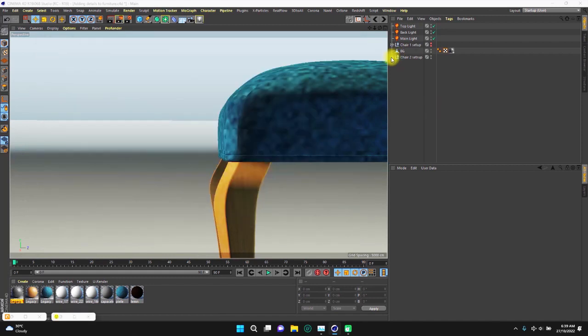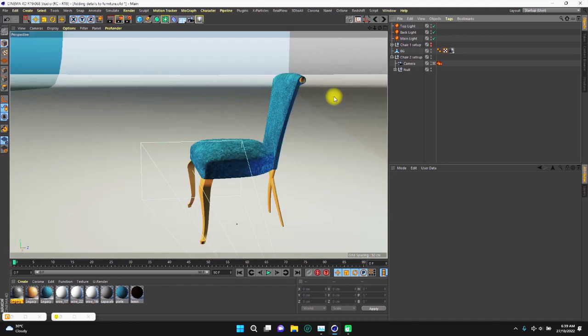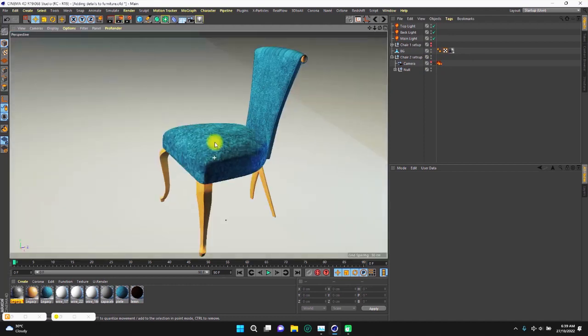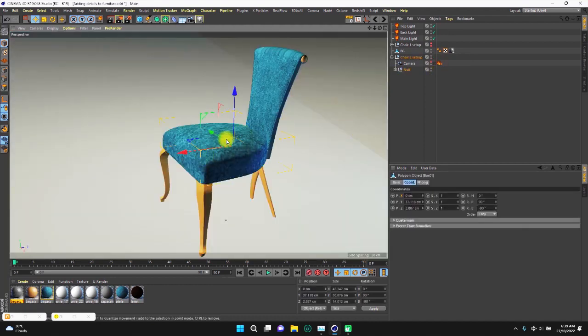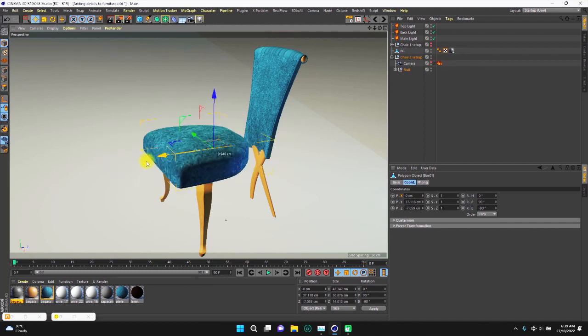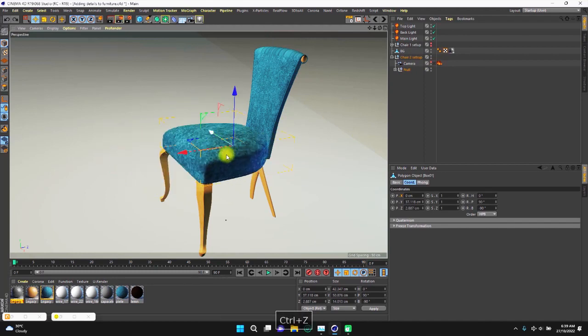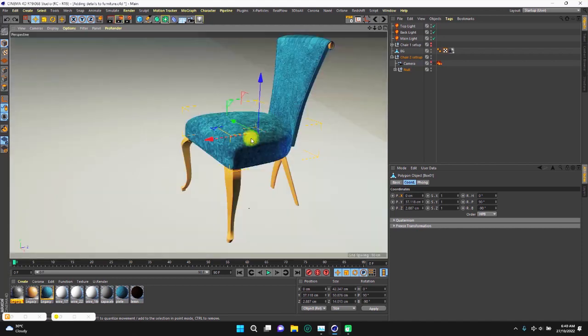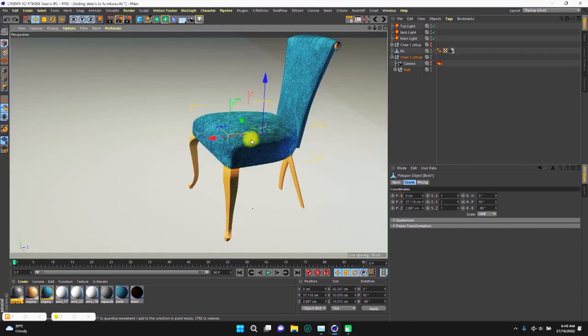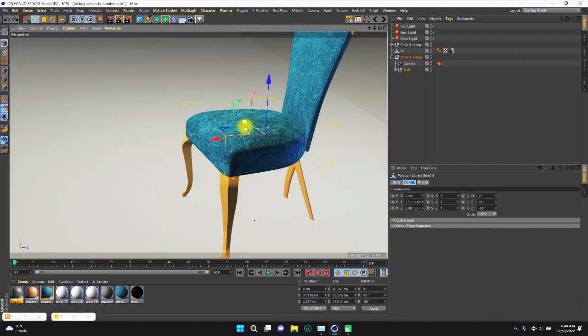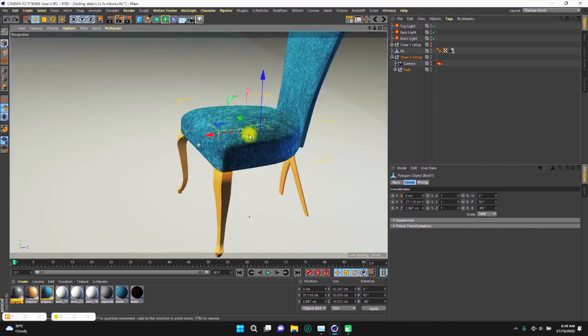I'll go out of my camera for a moment so that I can see what I want to do. Let me just hide this so it doesn't distract my view. I'll select the object that I want to add hair to. I'm going to use this for the illustration, so I'll select this cushion object. By the way, I downloaded this model online. You can just go to google.com and search for furniture designs, and you will see free furniture designs